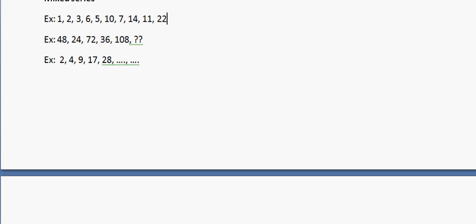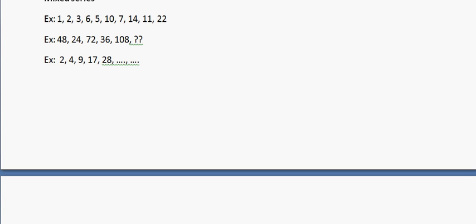I cannot say that this is a wrong logic or 22 is a wrong answer, but if it does not match with what the examiner has thought of, you would not get the marks, right? That's what I am saying, that there can be multiple logics to a question as well. So this is another logic. 11, 22 is another answer, which is also right. You cannot say that it's a wrong answer.